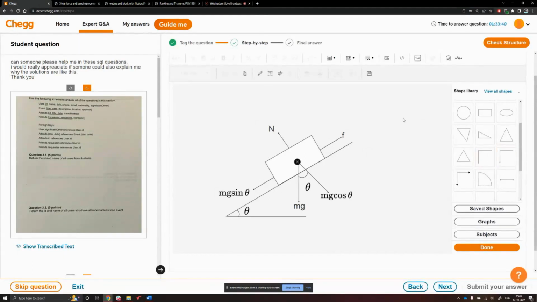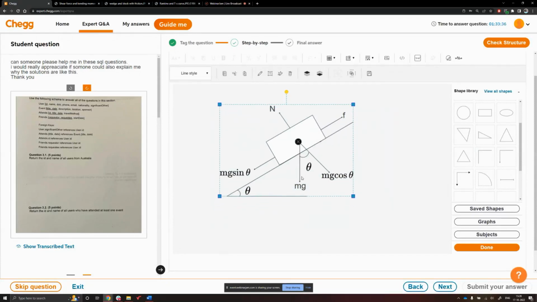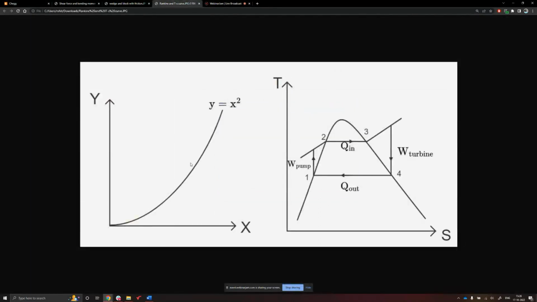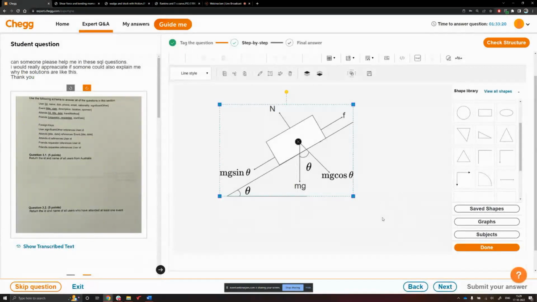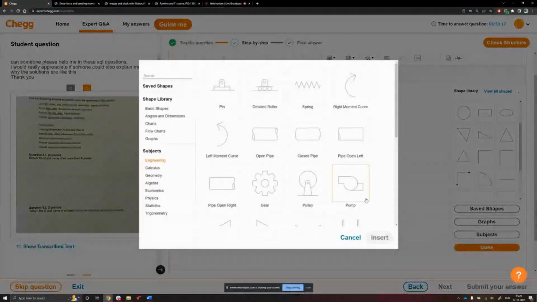Another figure that I want to show, this mainly covers the graph aspect, is this XY plot using the curve, and this is a Rankine cycle, the TS diagram of Rankine cycle. So this helps you understand how to draw a plot in general. But before I do that, take a look at the inbuilt shapes.